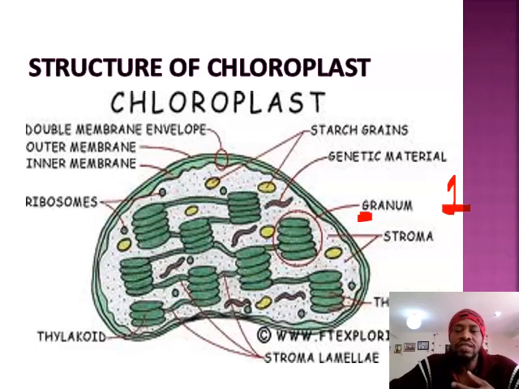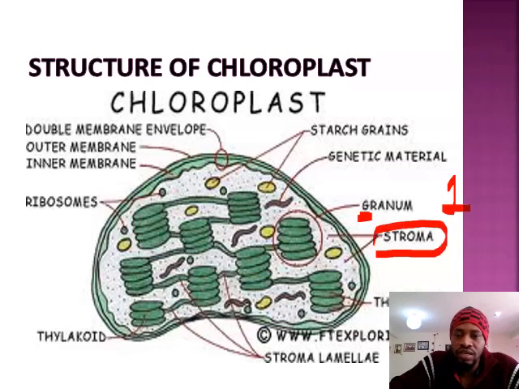Now, the second phase of photosynthesis, the dark phase, that we also call the light independent phase, because it doesn't depend on light. It means it can occur in the light and in darkness as well. That dark phase occurs in what I called earlier region 2, which is the stroma. If I know that G goes for granum and region 1, then I know that the remaining one, the stroma, is where the dark phase will occur.